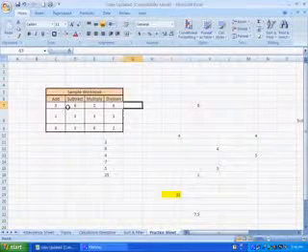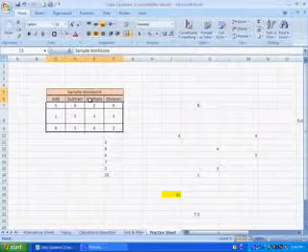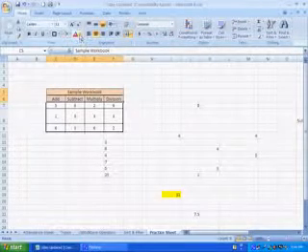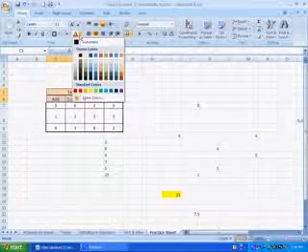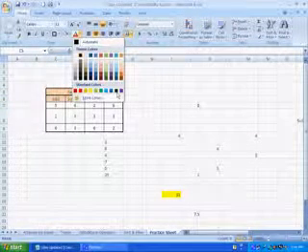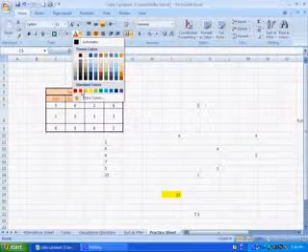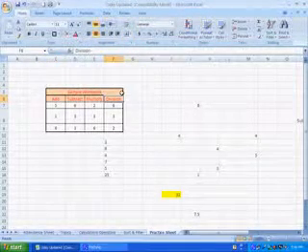So in this way you can add background. If I want to change my font color also, I can select color of my choice, and in this way I can change font color also.